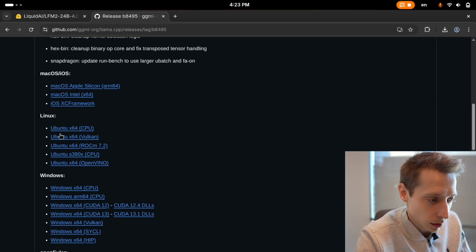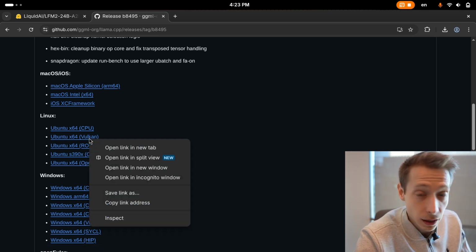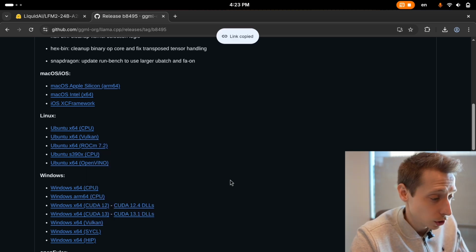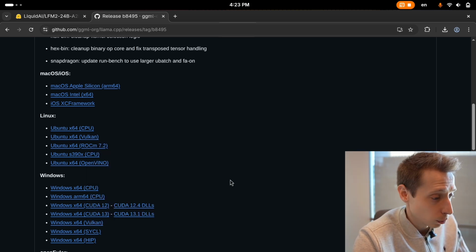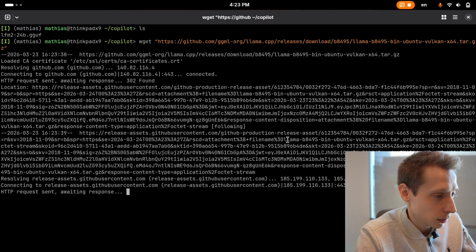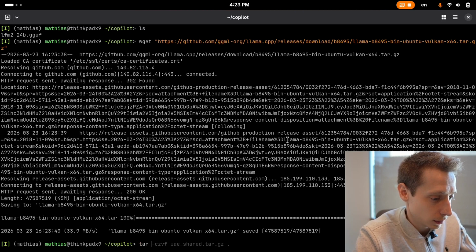Specifically, select Linux Ubuntu with a Vulkan backend. So it's actually using the iGPU of this laptop. This has an Intel CPU plus integrated graphics that supports the Vulkan backend. It also runs on not just Ubuntu, but other Linux distributions. So I'll download the pre-built package, and next up, we're going to extract this thing